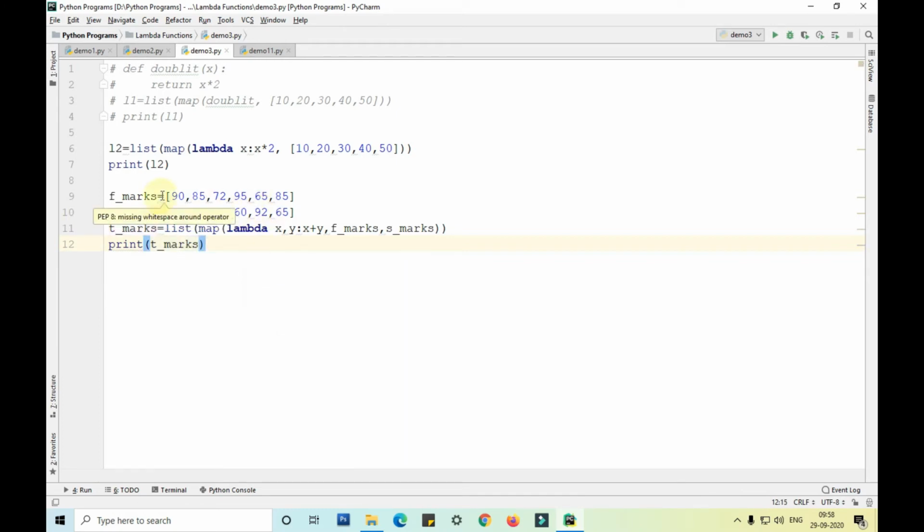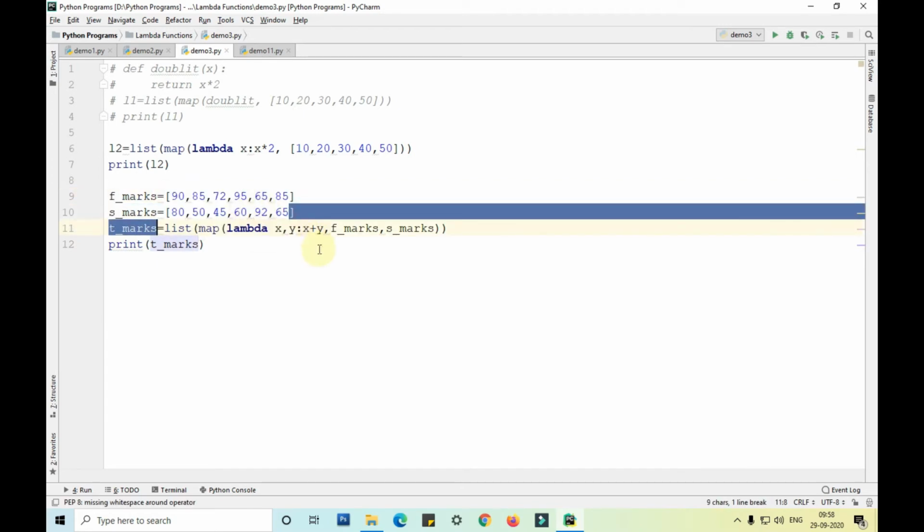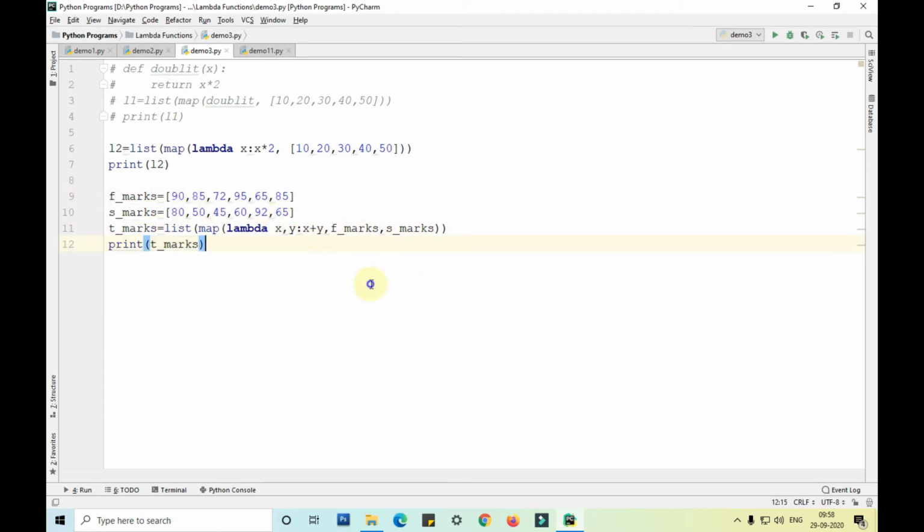So we are taking two different lists as input, calculating the sum for each subject, and returning it.